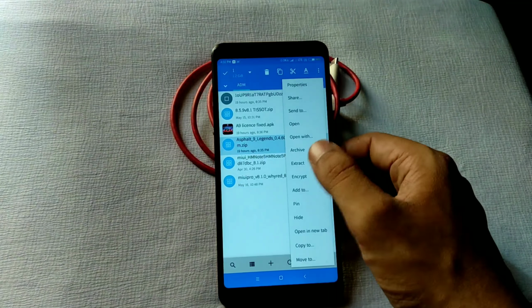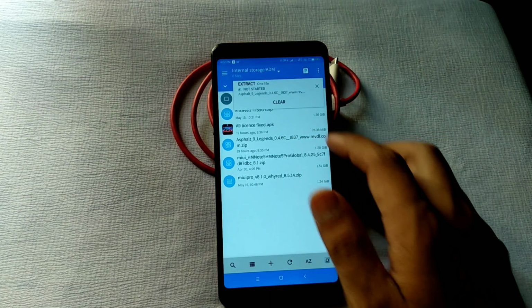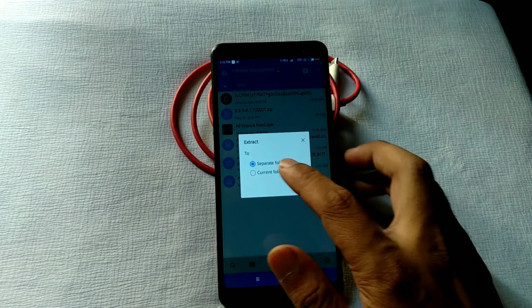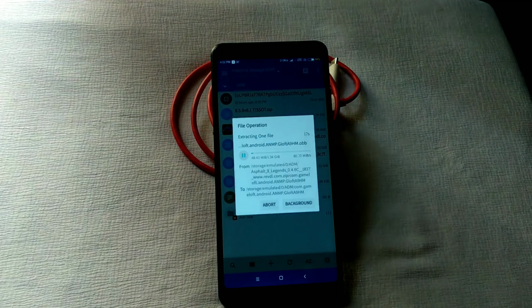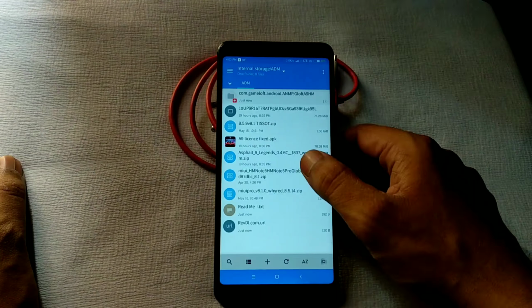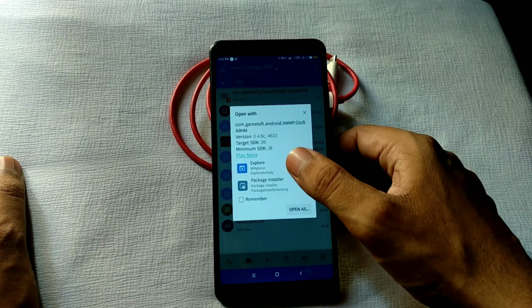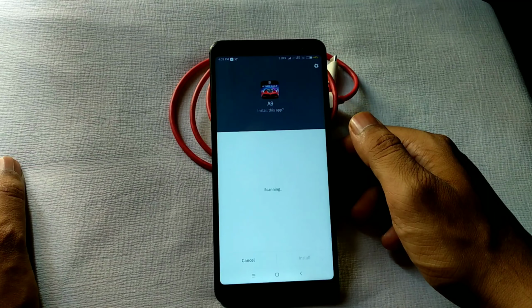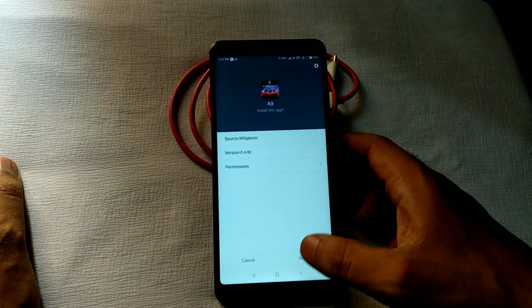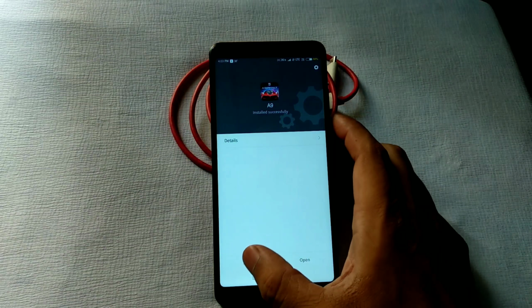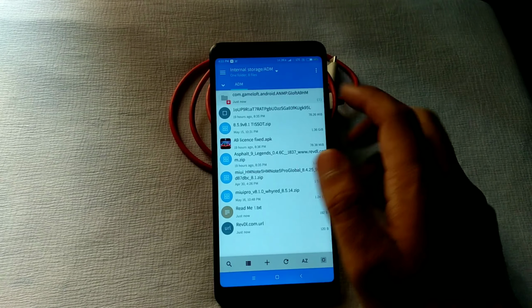After downloading all the files, open them in any good file manager like ES File or MI Explorer and extract the zip file. After extracting the zip file, install the Asphalt 9 APK and don't open it because it will not work as of now. Hit the done button and go back. You will see a folder named